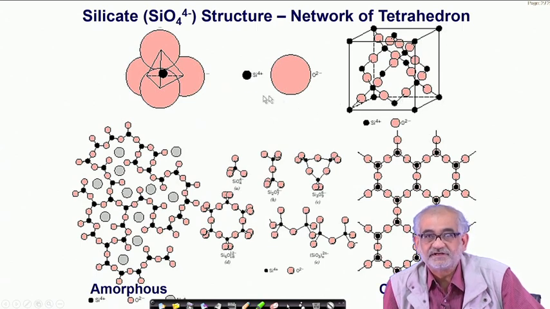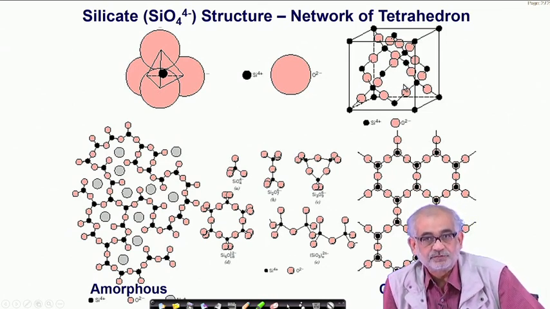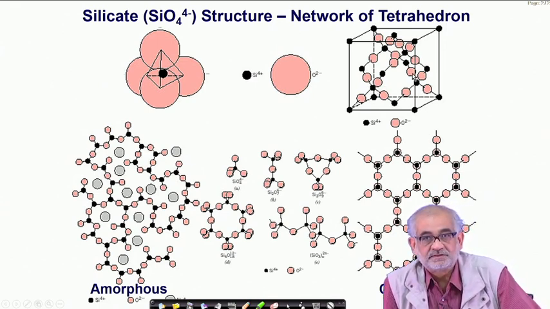I can pack them such a way that the center, this dark one, coincides with one of these dark spots shown here in this particular cubic lattice, cubic unit cell, such that the other ones automatically follow a certain trend, and in the process the whole structure will manifest itself as a crystalline aggregate. And this is how quartz, a very wasteful crystal, actually shows its structure, or essentially is arranged in the solid